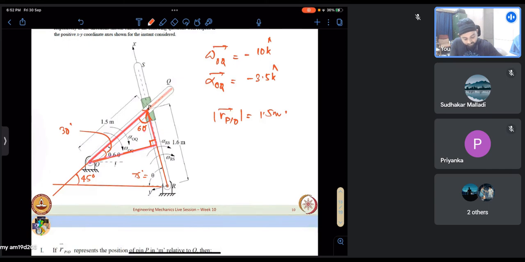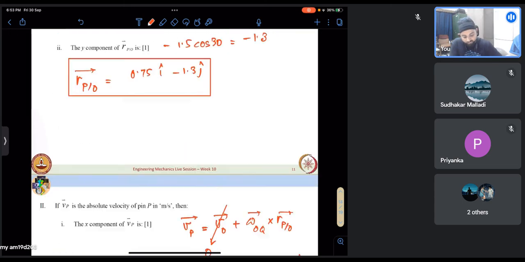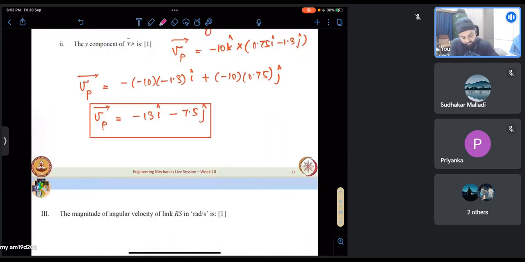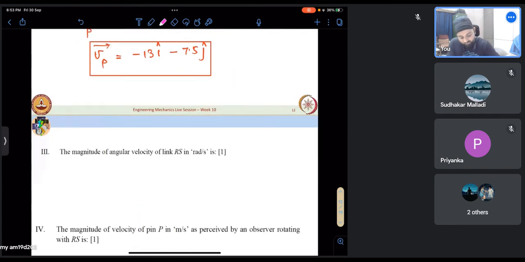We know that if it has rotation like that, the velocity of this point would have a component like that, which will be nothing but omega RS into 1.6. And we have already got this, it is nothing but our y component of Vp, velocity of pin P. Y component is minus 7.5. It is pointing that way. So it is nothing but minus 7.5 by